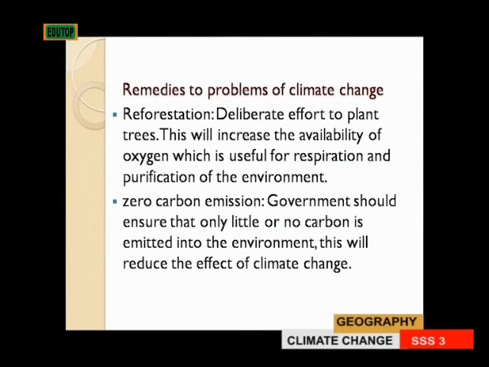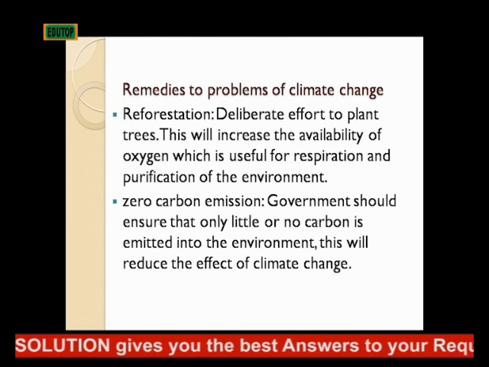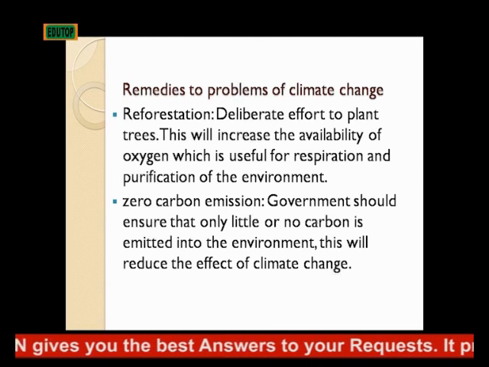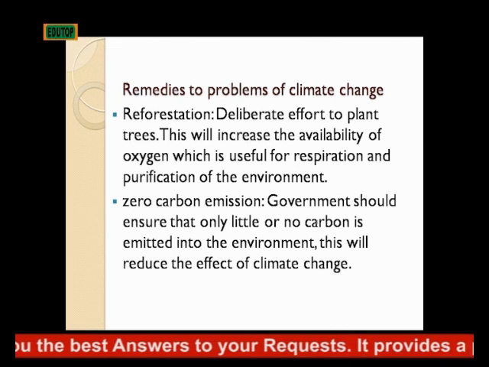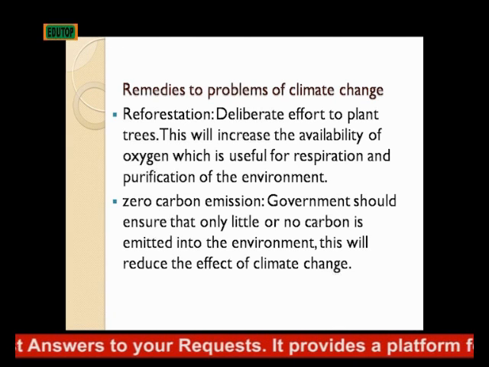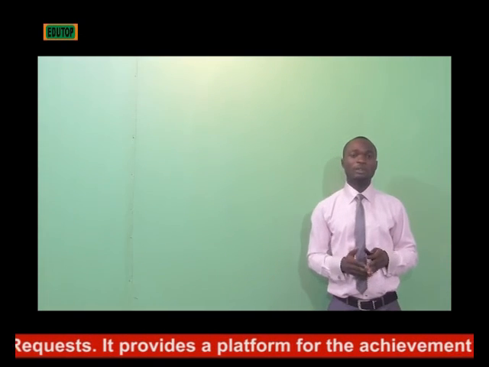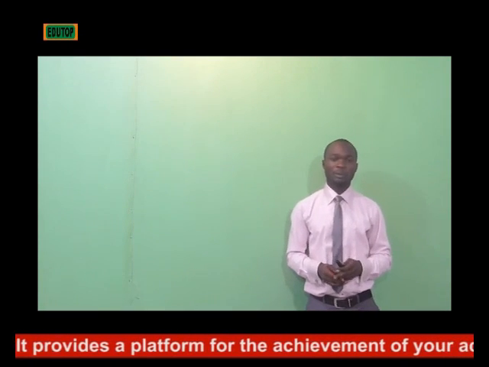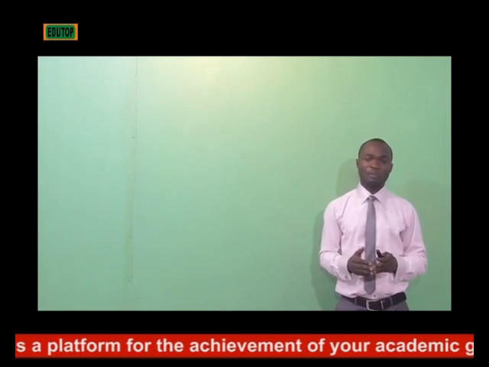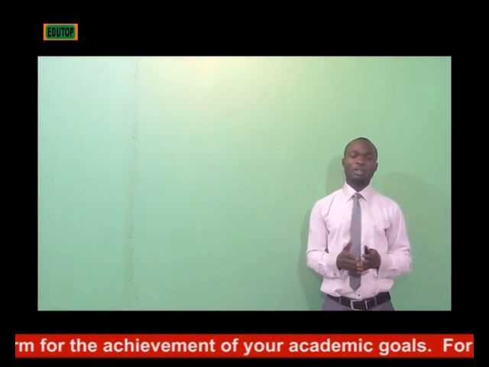Number two way to take care of this problem is by upholding zero carbon emission. The government of a particular country should ensure that only little or no carbon is emitted into the environment. This will go a long way to reducing the effect of climate change within that environment. Another way is to educate the people. Knowledge is powerful. In a situation where the people are not even aware